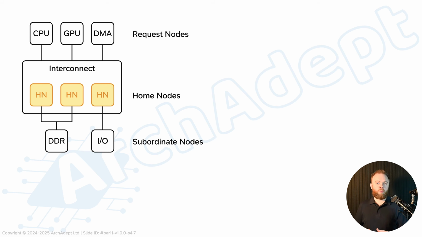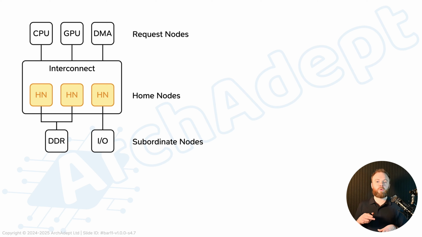So these home nodes basically sit in between the request nodes and the subordinate nodes, with each home node then being assigned to manage a specific range of addresses in the system. Now, this here actually represents the first example of us deliberately conflating AMBA-AXE and AMBA-CHI for educational purposes, because technically